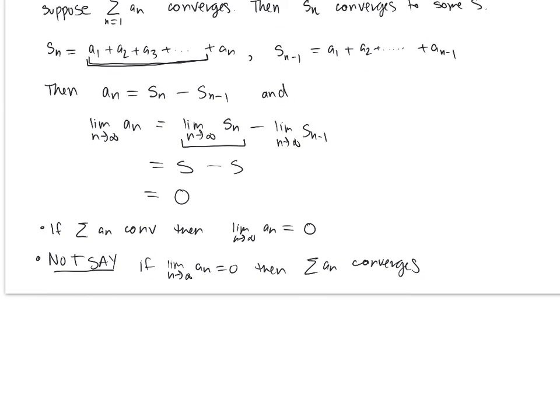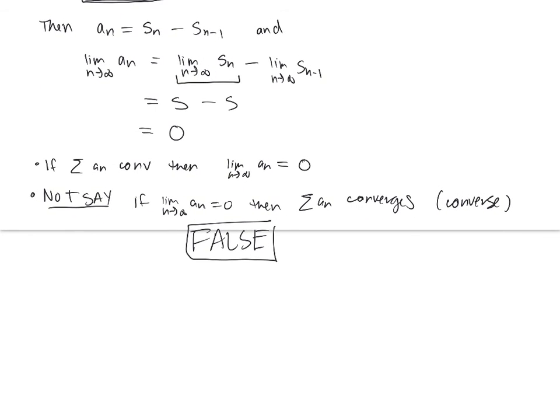Do you know what that thing is called when you switch the if and then? It's okay if you don't. Yeah, it's the inverse, right? Almost. It's called the converse. So this is the converse. And this converse is false. Sometimes converses are true, but this one is false. It's an if-then in the one direction, but not the other. If it goes both ways, it's called an if and only if. That's the technical thing. Mathematically, if and only if means it works both ways.